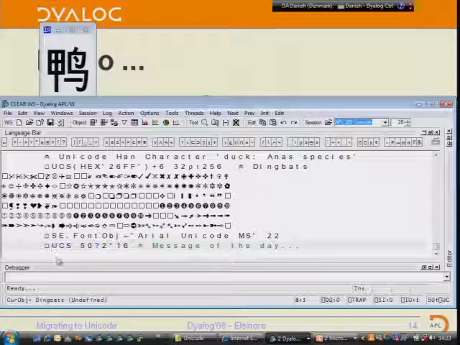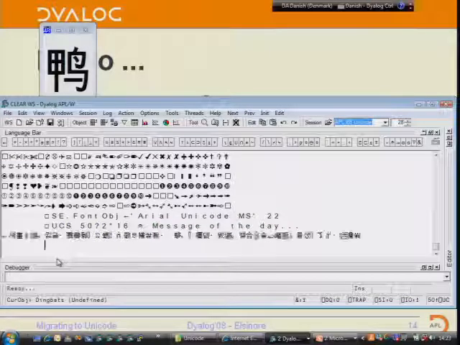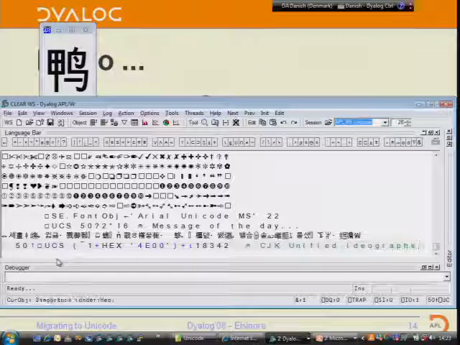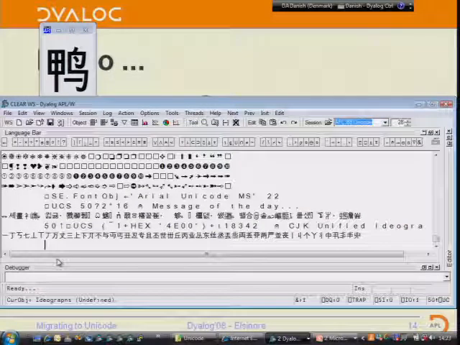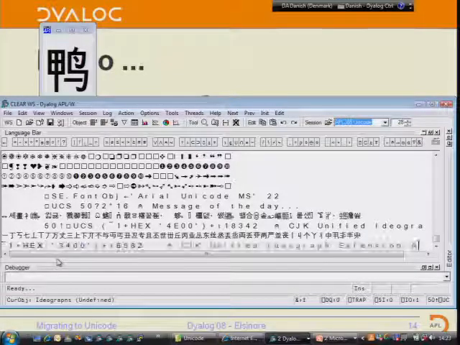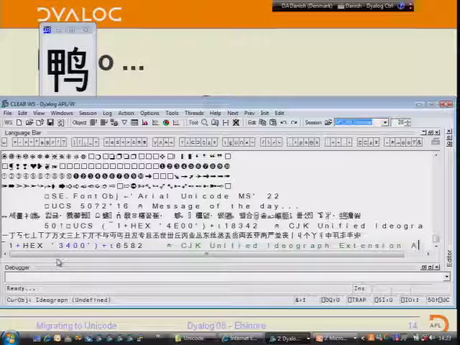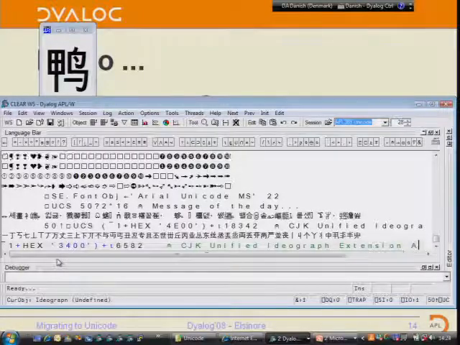Now if you pick 50 characters at random from the first page of Unicode, it's almost all Chinese, because there are 18,342 CJK unified ideograms, and there's an extension A to that with 6,582.